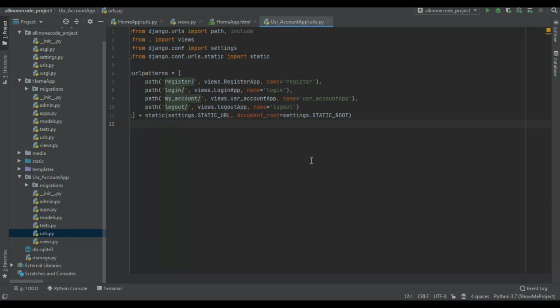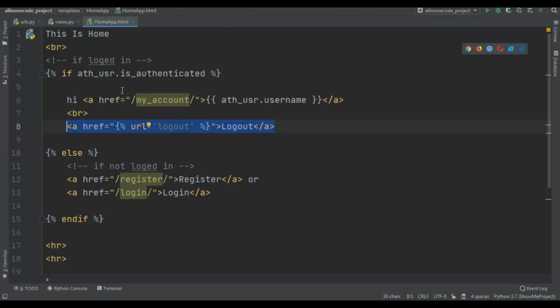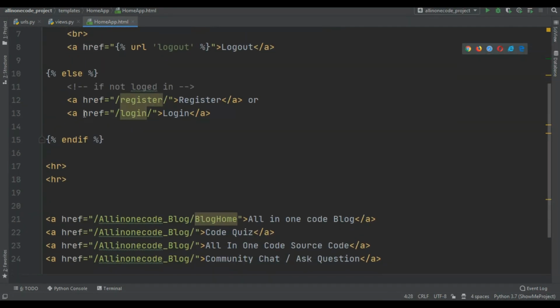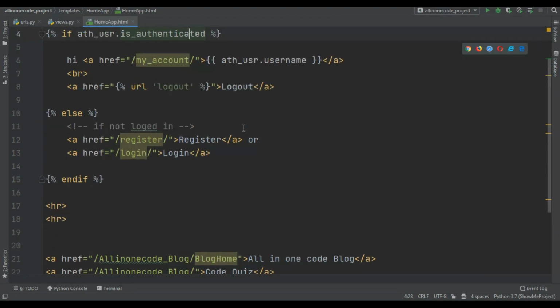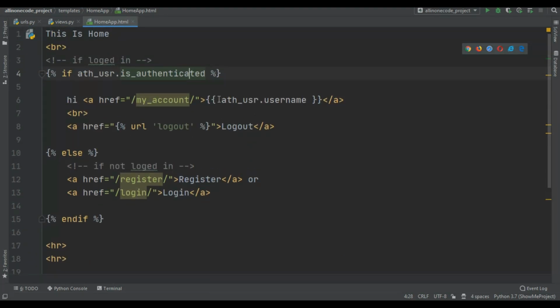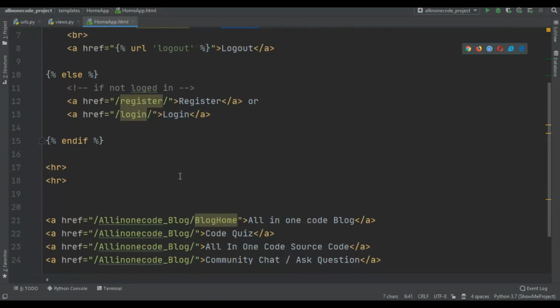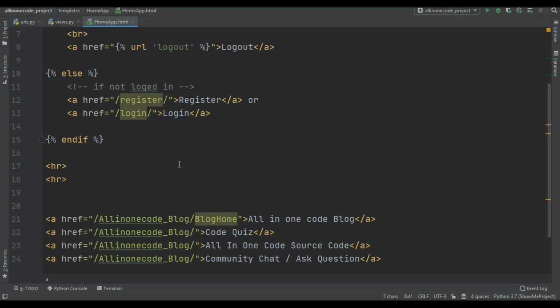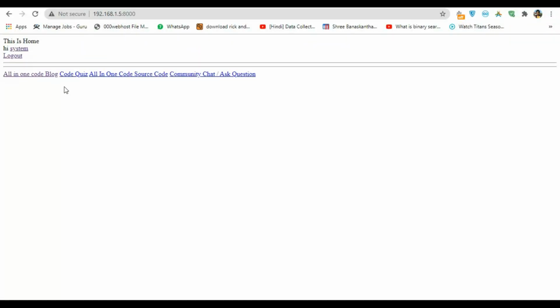Now in the home app you can see I just used if user is authenticated, show this, else show this. If the user is logged in, the user can see this page: hi, username, and the logout button. If the user is not logged in, they see registration and login.